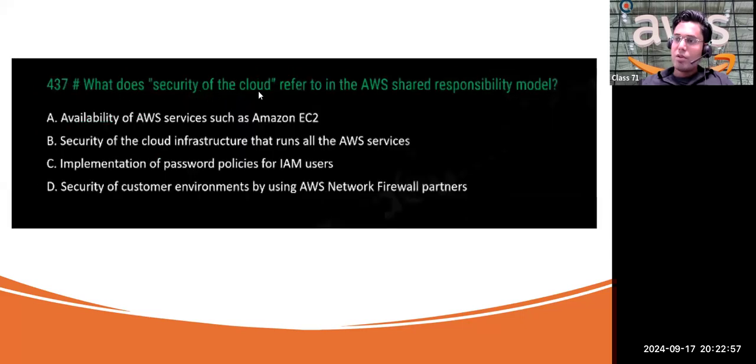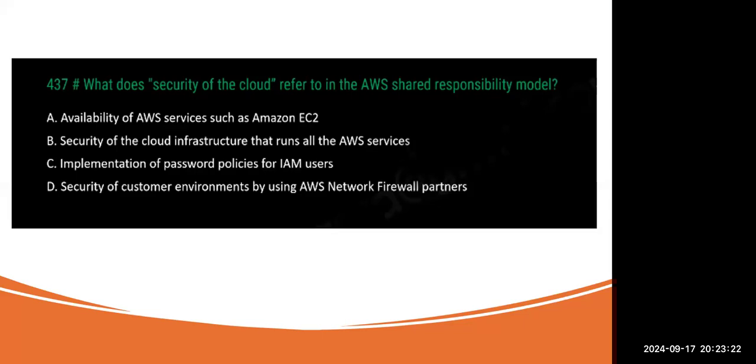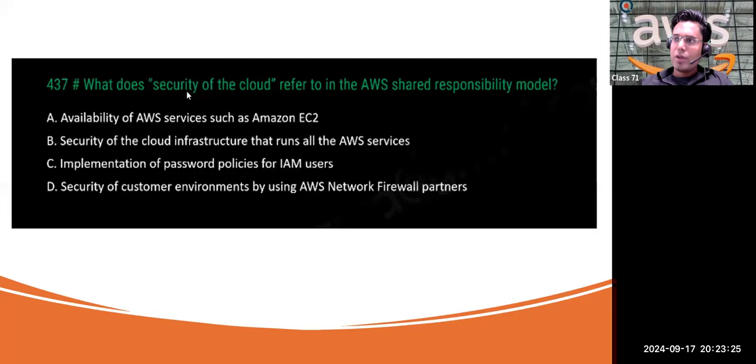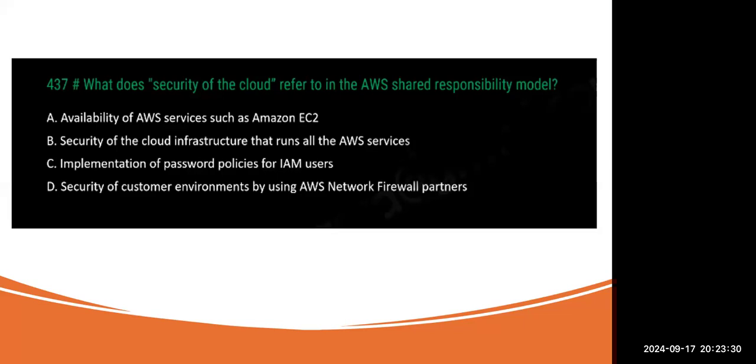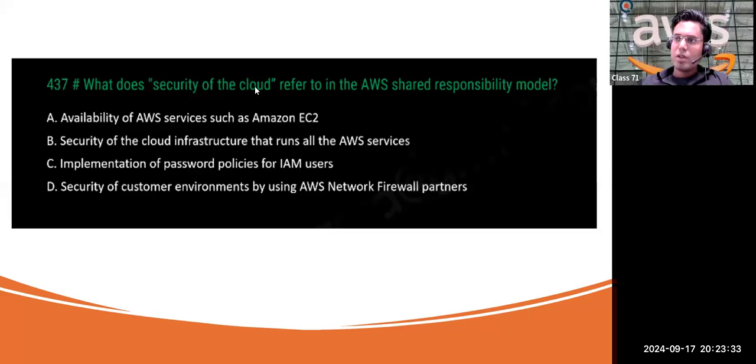So what does security of the cloud refer to? I already explained, security in the cloud is customer responsibility and security of the cloud is AWS responsibility. The AWS shared responsibility. So what is their responsibility? Yeah, infrastructure. This is the infrastructure. Correct. So this one, B, because security of the cloud is the cloud provider's responsibility, and